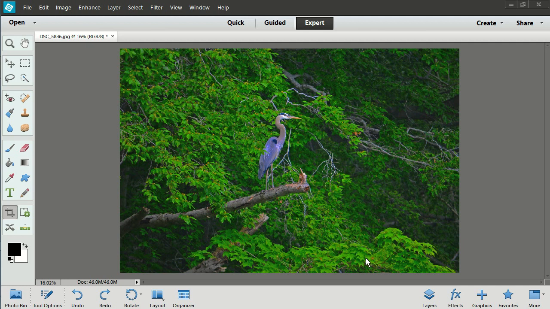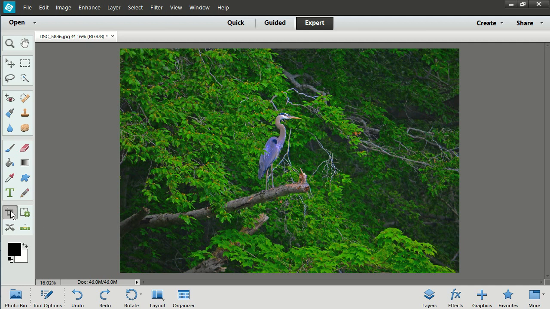Adobe Elements 12. Now here we have an image. I'd like to put this in a nature competition, but as you can see it needs to be cropped, needs to be resized, and it also could stand to be sharpened a little bit. Now the first step is we're going to crop the image, so we'll click on the crop on the toolbar